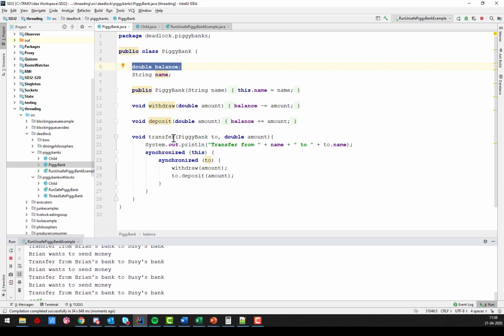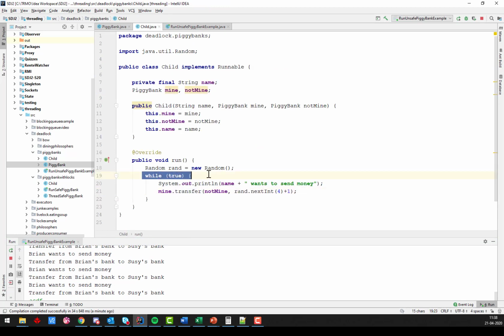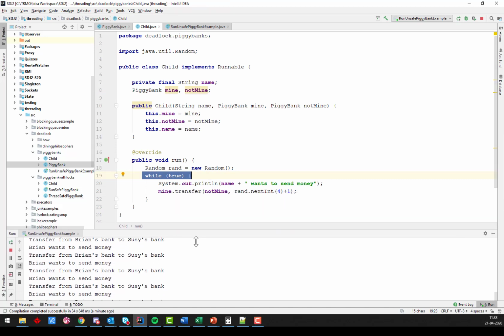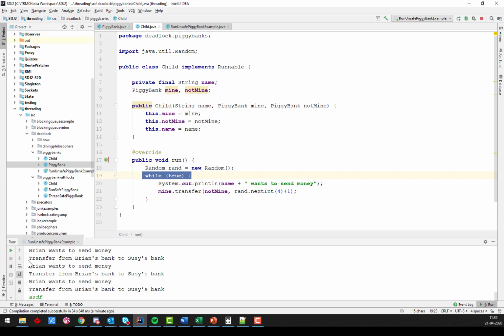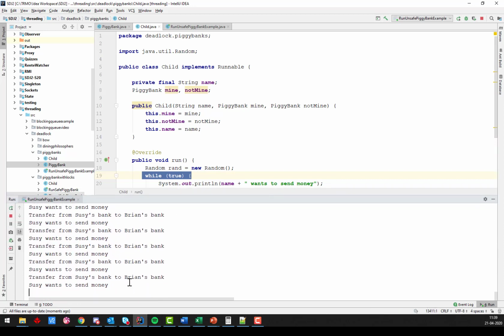My program is stuck, but it is in a while true loop. The child is in a while true, so it should continue doing this until I manually stop the program, right? If I just try again here, I haven't modified anything. Why would it need to build here? That's annoying. But okay, so we're transferring money back and forth,